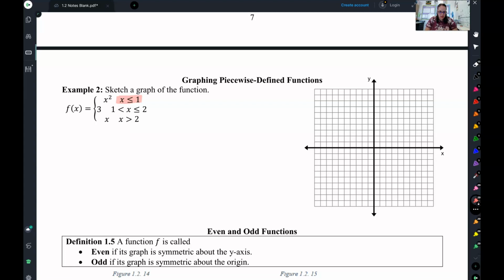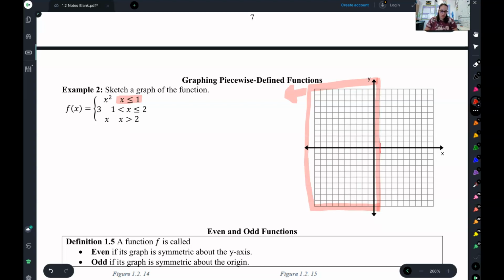So I am going to do this. X is less than 1. And I want to box all of that. Now, technically, this does keep going forever and ever, because I just want right here at 1 and then keep going forever and ever. X is less than 1. Now, the next piece